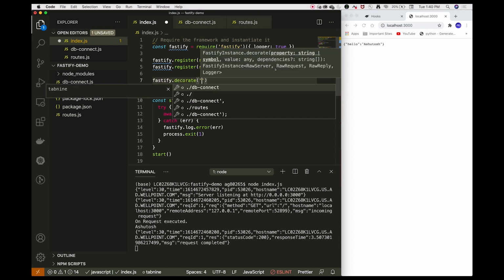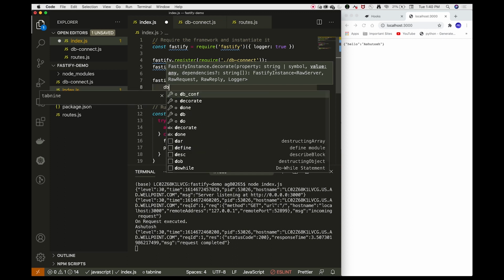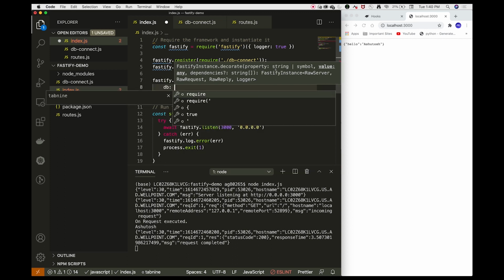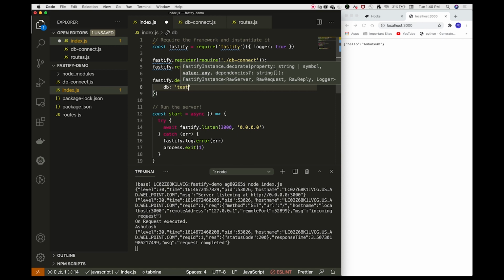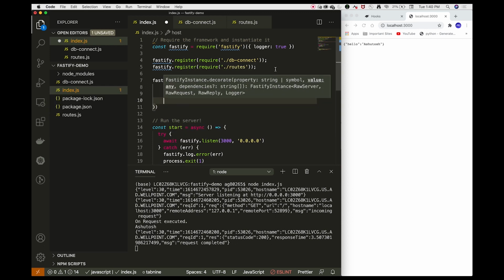One is the name of the decorator, and the second is the object which we want to store in the decorator. The name of the decorator we will give as dbconfig, and second we will pass an object, and in this object we will pass different information. The first would be the name of our database, that is testdb, then host, and port. So this became our decorator.